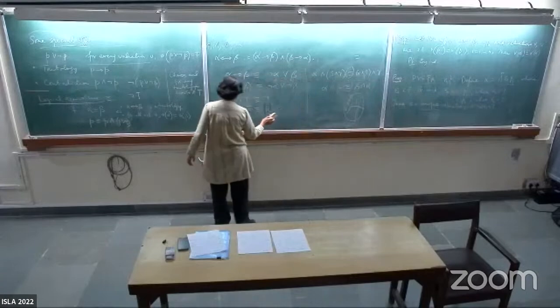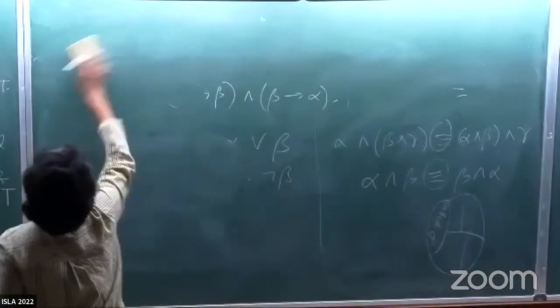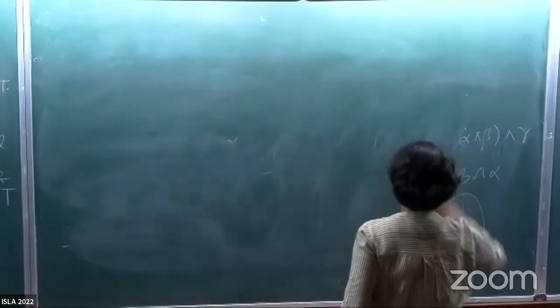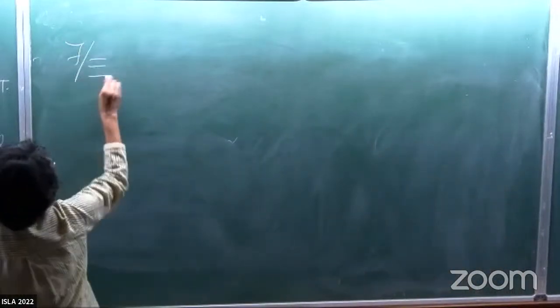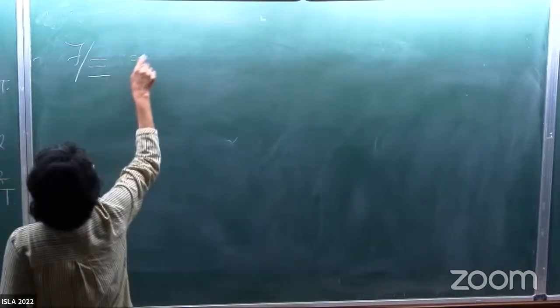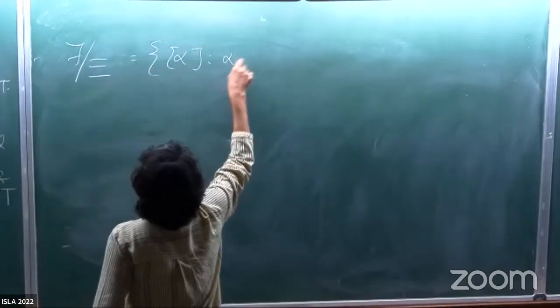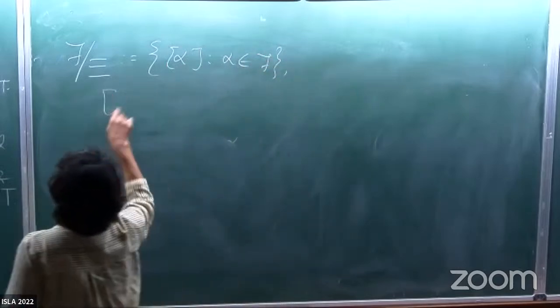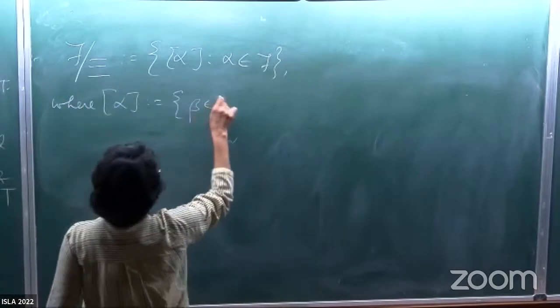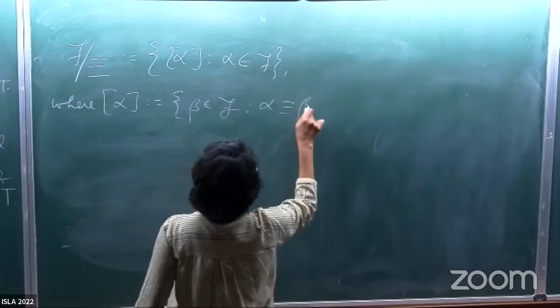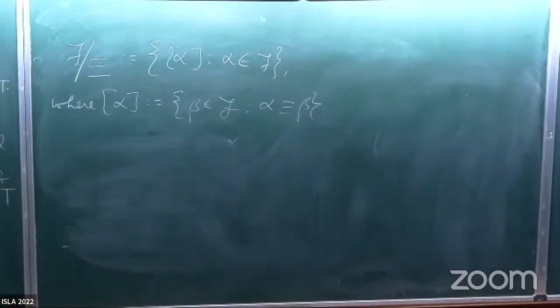Okay, so coming to that one, I'll just resist going into this next step immediately. Now let's spend a little time on this quotient set. What is this quotient set? What did we conclude? Triple bar is an equivalence relation on the set of all formulae. We get this quotient set. That is the collection of all equivalence classes, where each class is defined as all those formulae which are logically equivalent to this one, right? Fine.